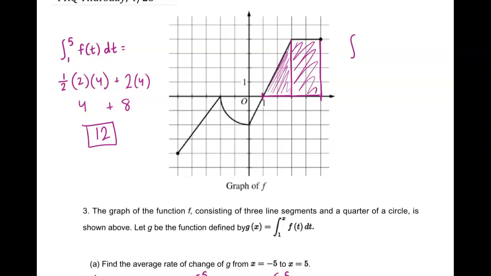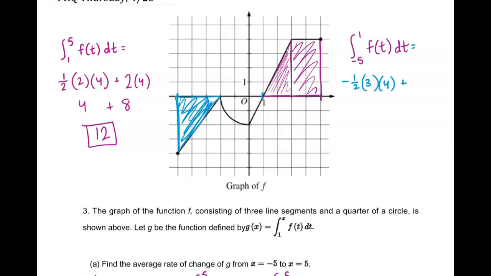Let's do the integral from -5 to 1. I'll switch colors just because I can. So -5, so we'll start here. We'll go to here. So let's see, let's start with this triangle. Isn't it lovely? So the area, well, this is under the x-axis, so it's going to be negative. So we have -1/2 times our base of 3 times our height of 4